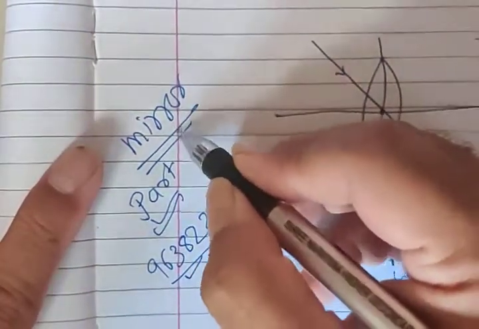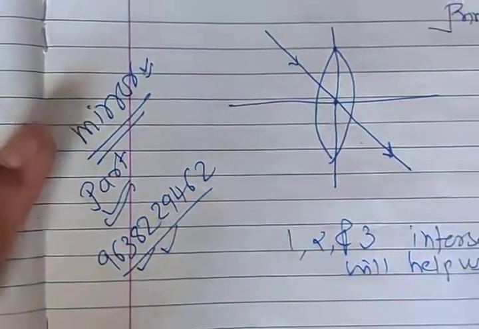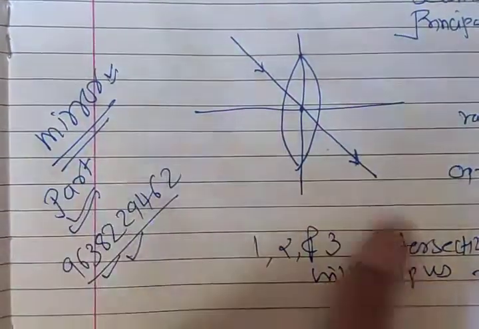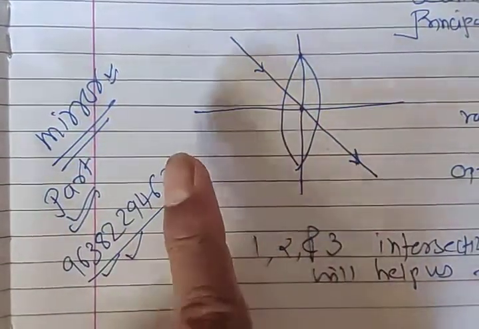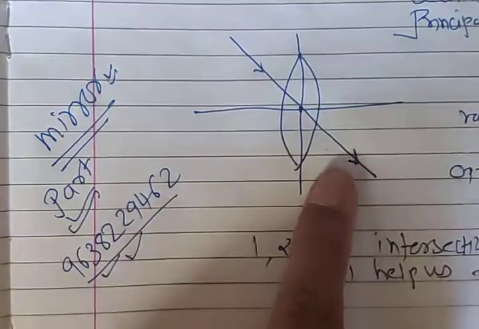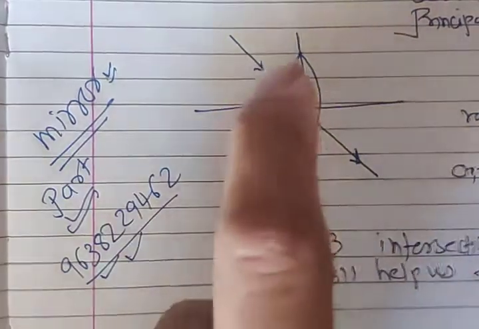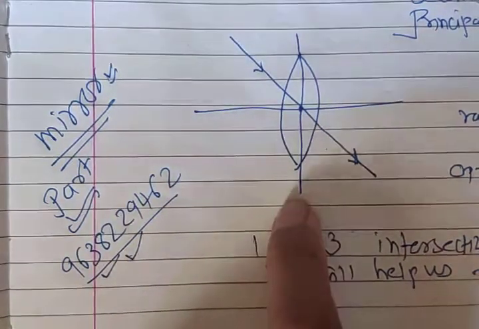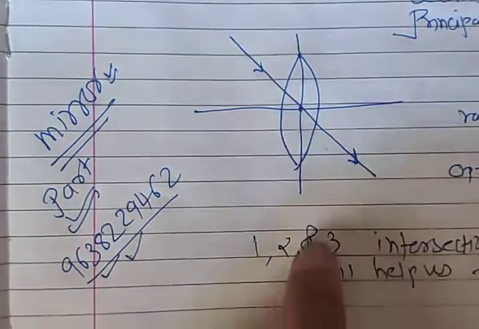So you can first prepare this particular part, so there should not be any confusion pertaining to this. Mirror or lens, both are interdependent. If this is clear, then you will not have any major problem in this. So I am requesting you to prepare the mirror part because I am going to explain the image formation by a lens in the next session.